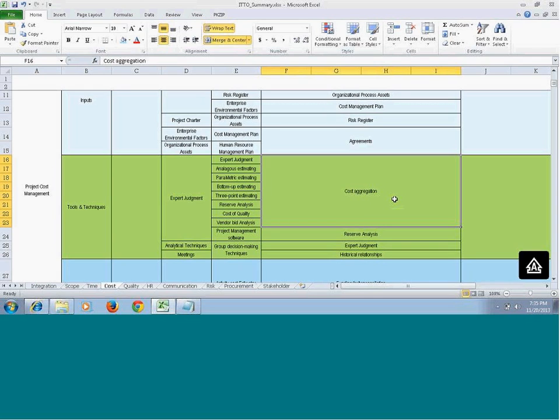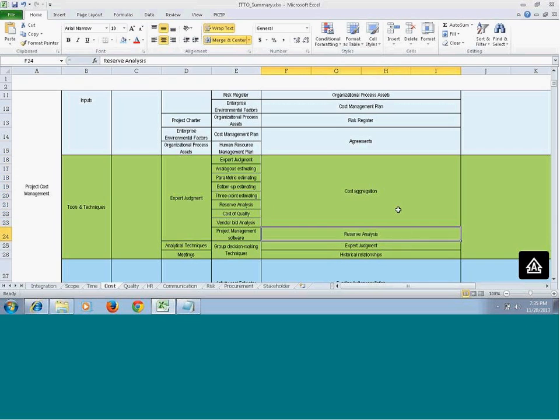But just to have a quick update here: when you are summing up all the activity costs and adding the contingency reserve, you actually get the work package cost, because all your activities are actually the decomposition of your work package. So when you sum all the activity costs, you get a work package cost. Then you just add a contingency reserve. If you sum all your work package costs and again add the contingency reserve, you will actually get your control account. So from the control account here, you will get a cost baseline.